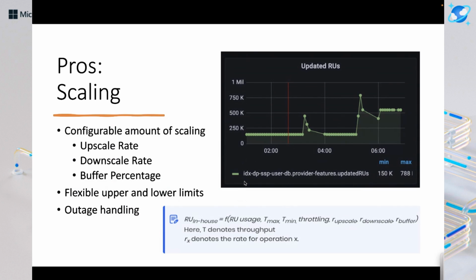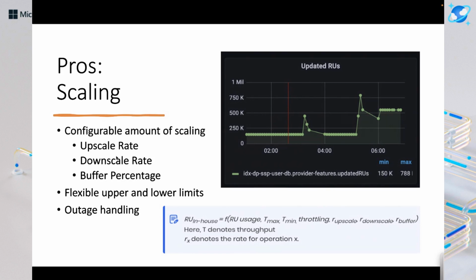Now, the other pros are basically the scaling logic. We have total control over the scaling logic. For example, we are able to control what rate should be upscaled. Unlike Cosmos, where it was simply a function of the throughput and the RU usage, here we can actually control that if there is a bit of throttling, then upscale by, let's say, 20%. If there is extra usage, downscale by, let's say, 30%. So these are independent rates that we can set based on the pattern of our traffic and based on a